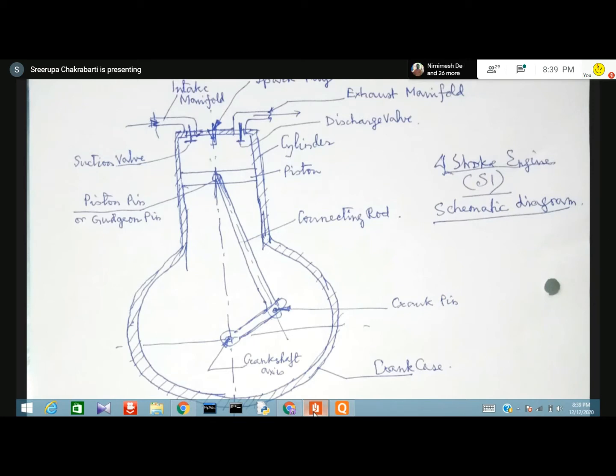And this cross section is varying, changing from the point where it is connected to the piston to the point where it is connected to the crank. That is the connecting rod. Through its entire length, the connecting rod cross-sectional area is changing. That is number one. Number two is that this changing cross-section is of the form of an I section.